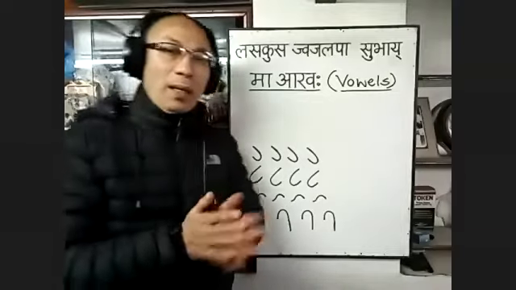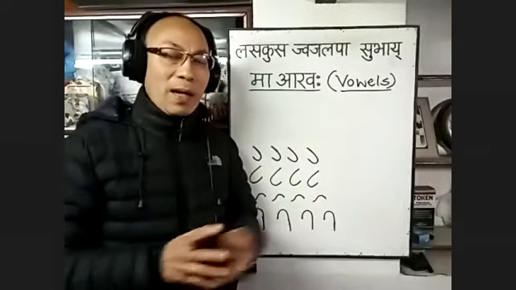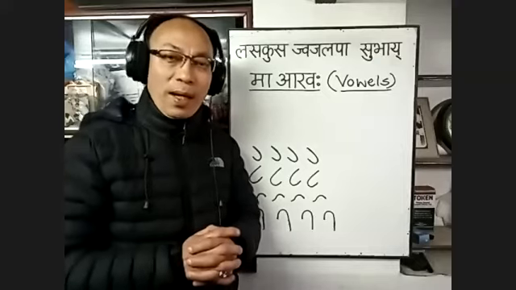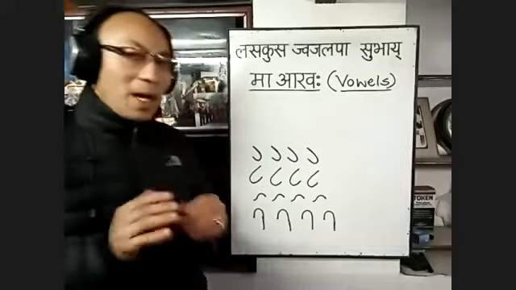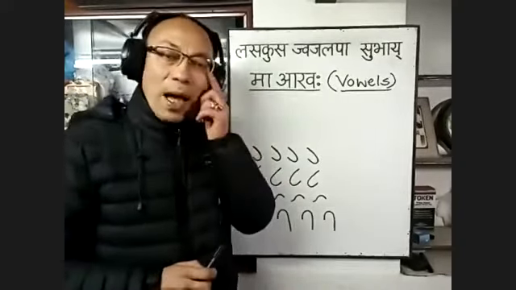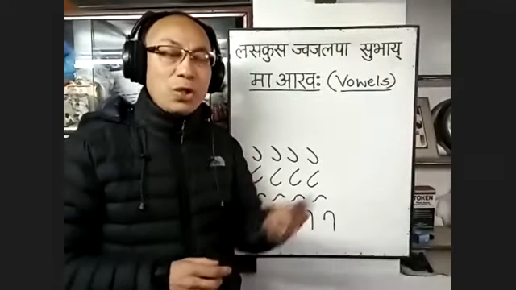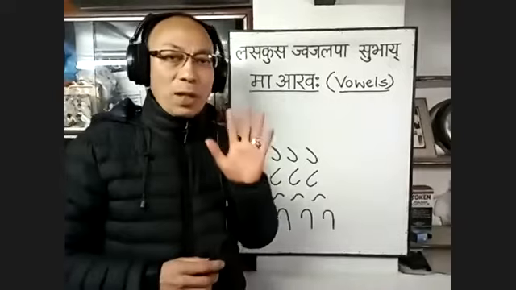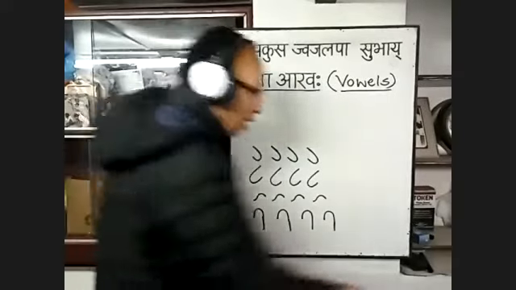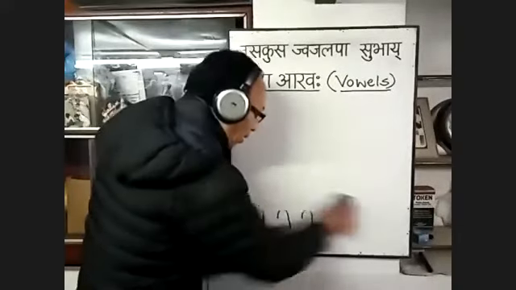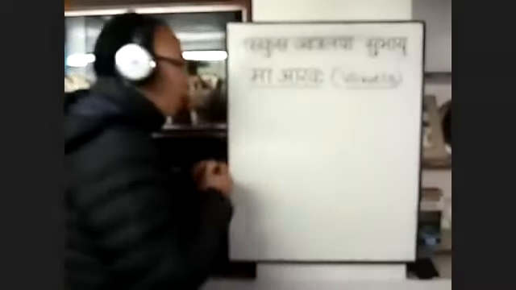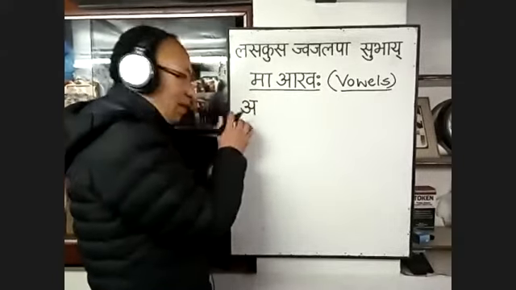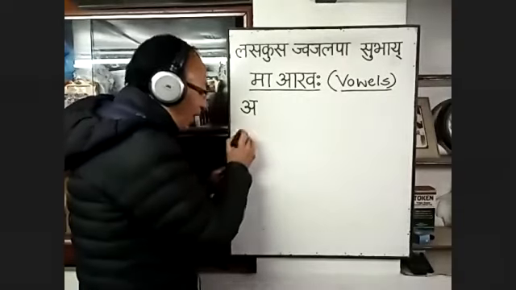When we studied Nepali in our school days, we were taught that there are 12 vowels in Nepali. A, I, U, E, O, A. But in Nepalbhasa, there are only 5 main vowels, and one other vowel is a borrowed vowel that is used to write words from other languages. So we have a total of 6 vowels, and those vowels are: I'm writing it in Devanagari, so don't be confused. I'll be writing in Nepal Lipi. A,